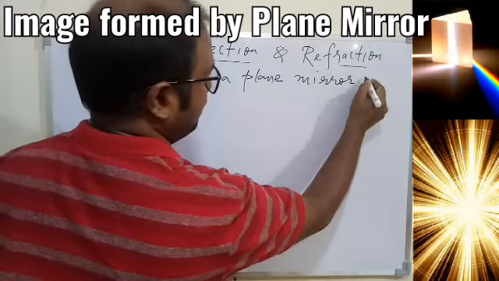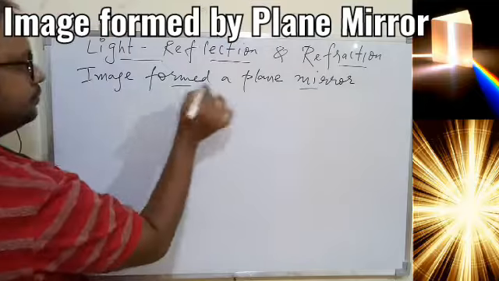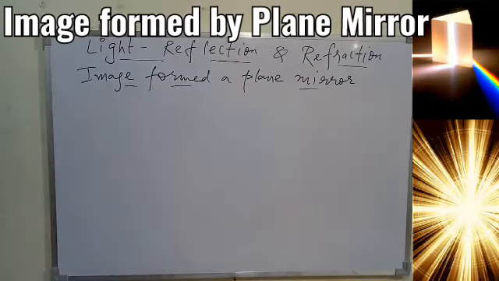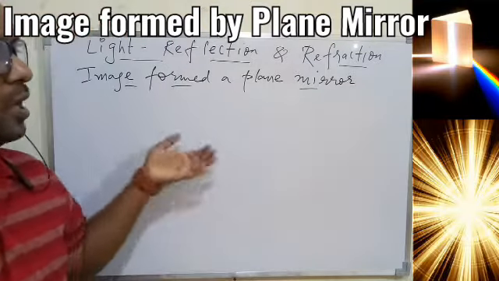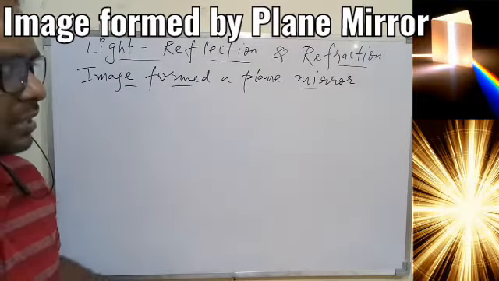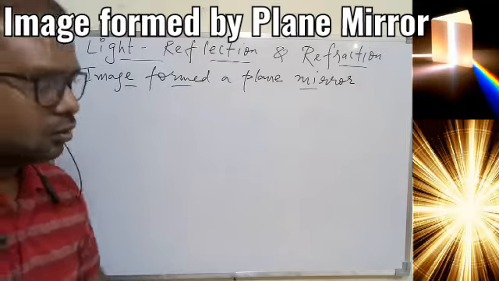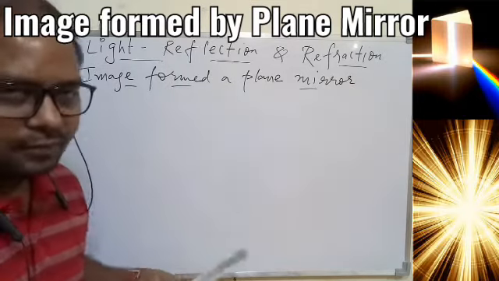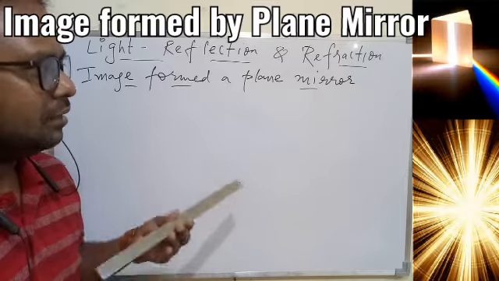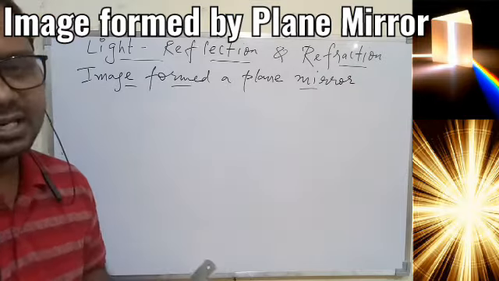Before we start, one thing we should remember, that from now onwards for any kind of image formation we are going to take the help of diagrams, that is called a ray diagram. So for that we must take the proper help of a scale and pencil. Lines should be clear and there should not be overwriting also.